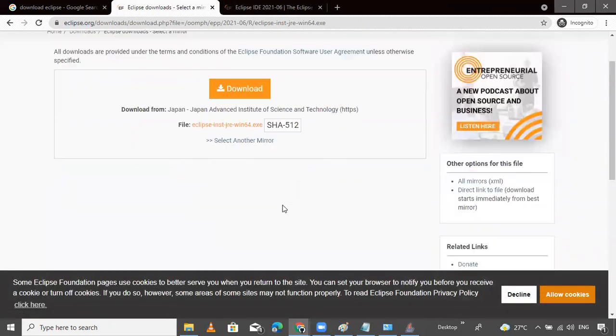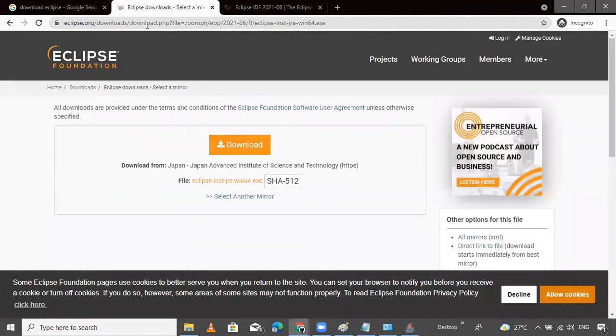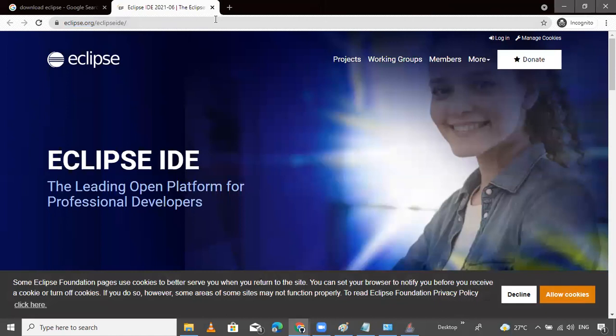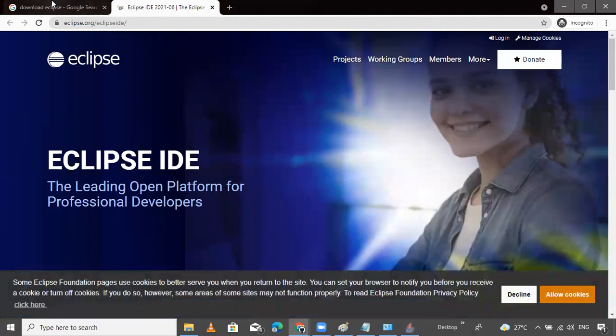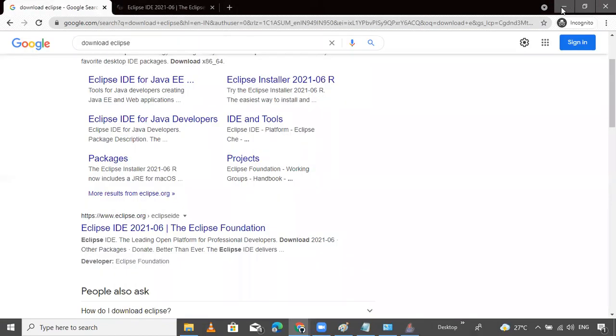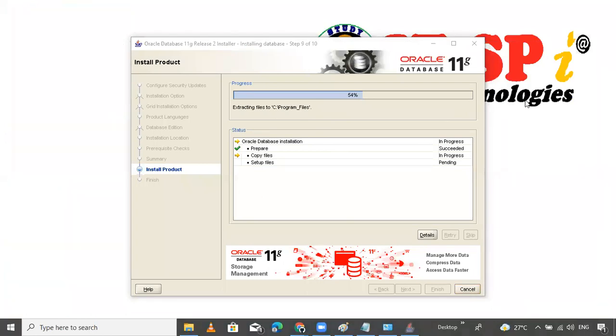Here you can choose 64. Okay, this is the process to download Eclipse IDE. Yes, it's starting now.